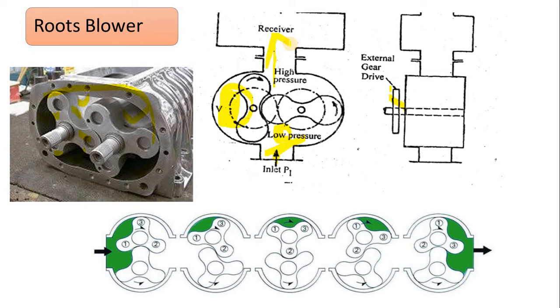I repeat once again, when the driver blade rotates, the driven blade also rotates along with it. So it creates a suction on the inlet portion and air is continuously sucked inside, and the air is trapped in between the rotors and casing. Very little clearance is maintained between the casing and the blade, and because of the speed the suction takes place, and high pressurized air is generated at the end, and it moves out continuously through the discharge side. So this is the construction and working of the root blower